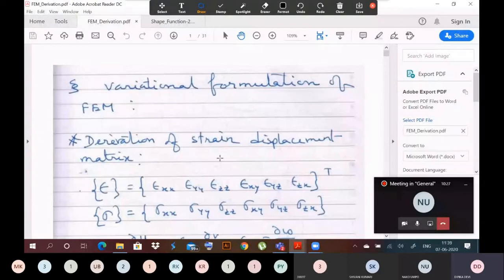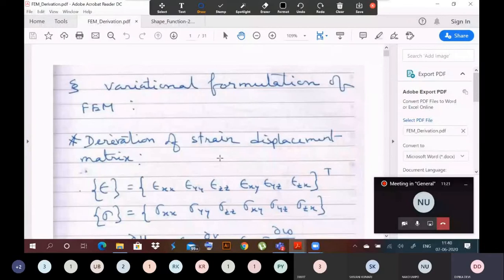But if we apply the approximation for the whole domain, that is one equation for the whole domain, then the error involved will be more. But if we apply the approximation for the small region, then the accumulated error will be very less. So that is the beauty of FEM. So basically FEM and Rayleigh-Ritz or Galerkin's method are more or less similar. The only thing is, in FEM we discretize the domain. Then we apply this approximation in these elements, in this small region. So now how to apply this approximation?